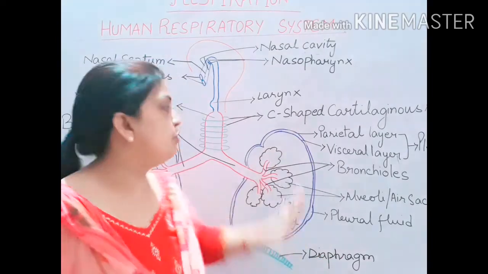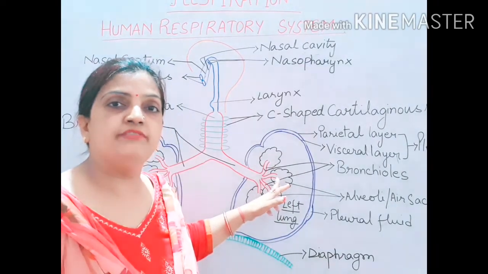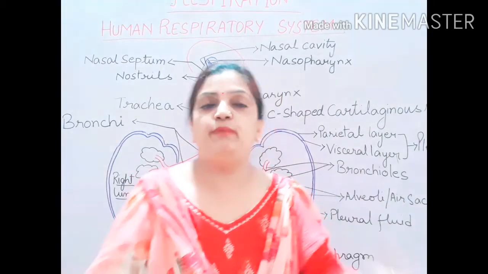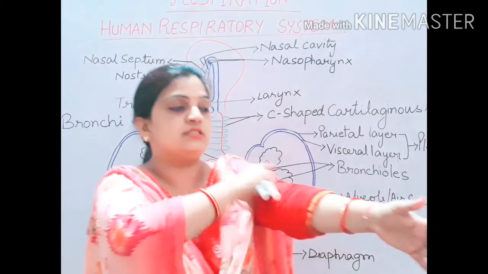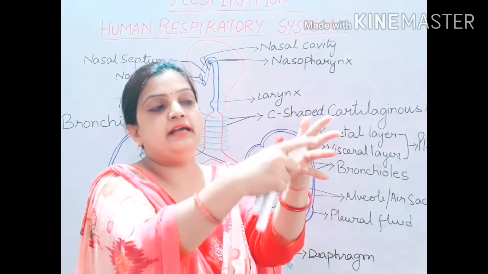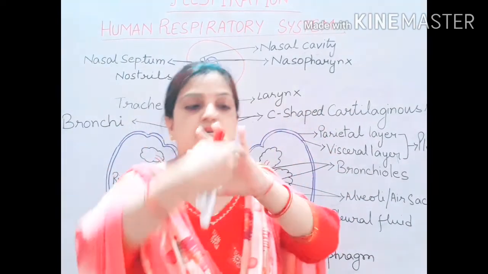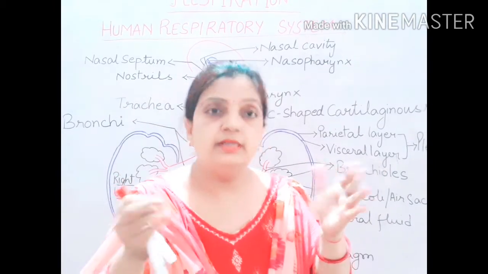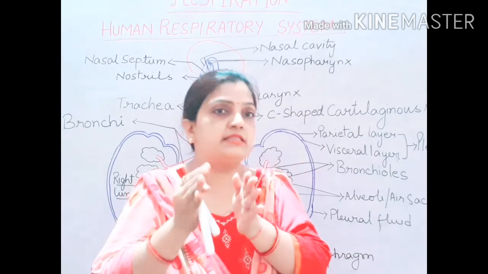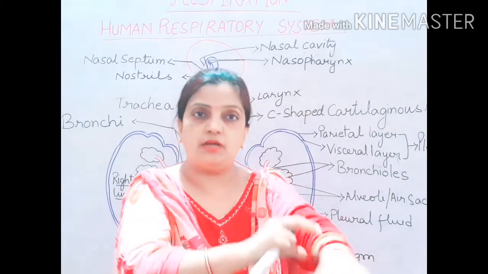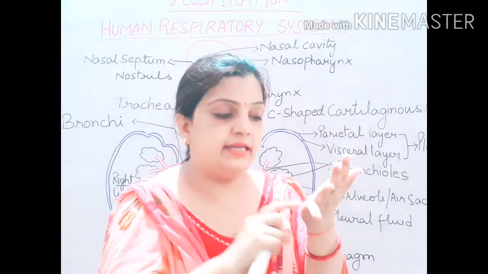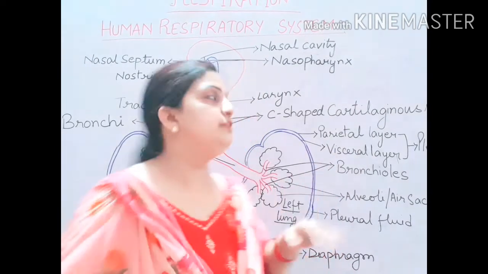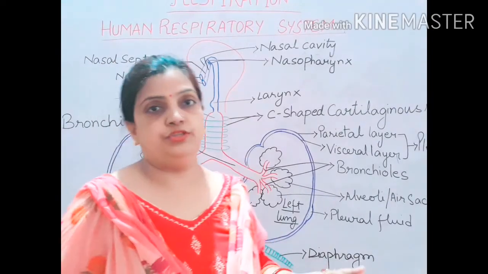So here it is not fixed that the number of bronchi will be 5 only. The number of bronchi can be many, but just to explain to you all, I told you suppose this is my bronchi, and bronchi are dividing into bronchioles. So trachea is a thick tube, bronchi are a little less thick than trachea, and these bronchi are dividing into very fine, thin tubes, which are called bronchioles.